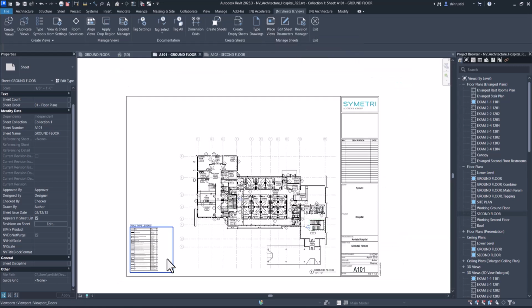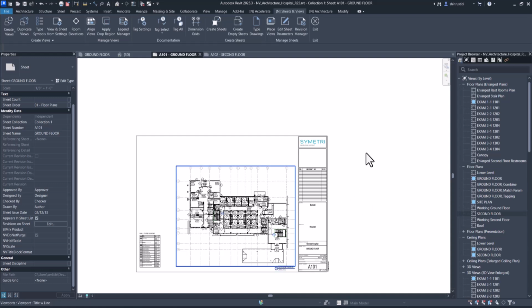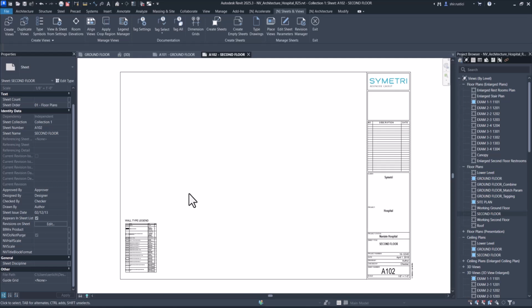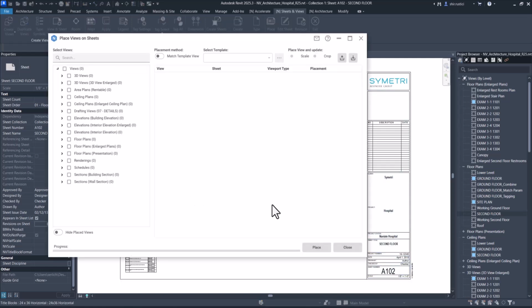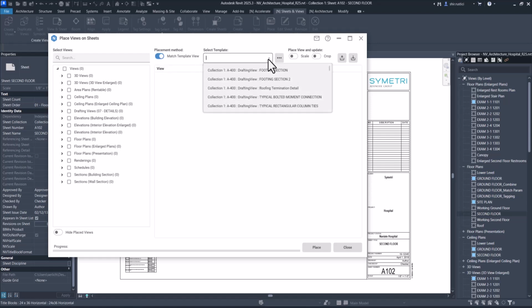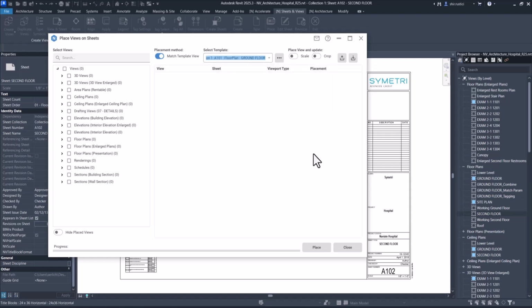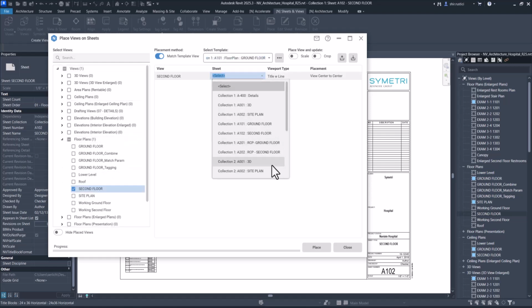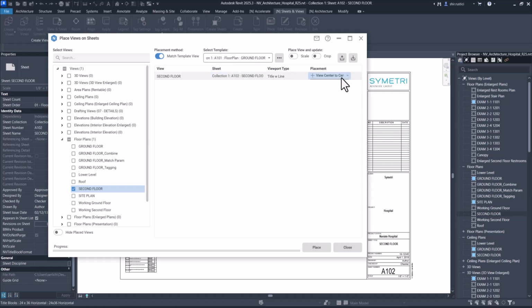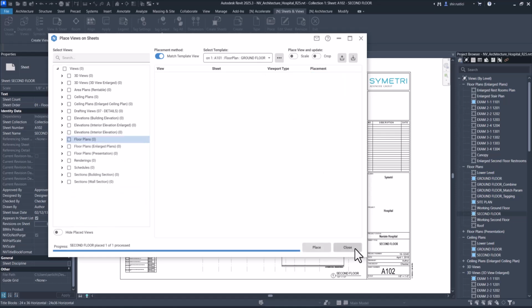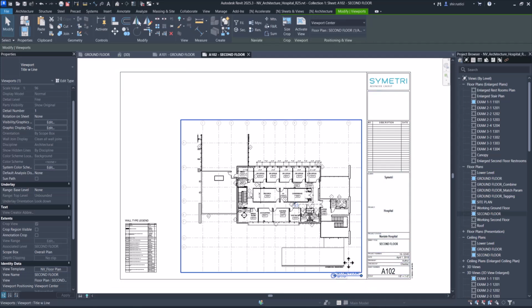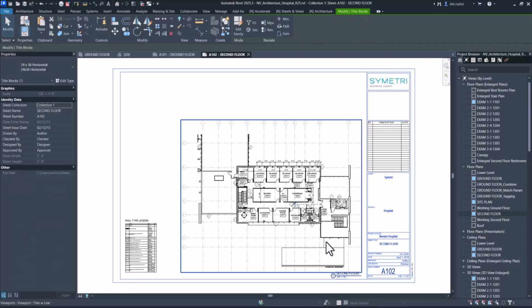Again, we can see where our view is placed here, and we can see that we need to place a view on this sheet. Using the Place Views feature, this will only work when matching a template view. Here I can select which view I want to match the template of, and then select the view I would like to place. Once selecting the sheet, I can then select to place that view, and we can see when placed, it matches the location for the view as well as the viewport title and